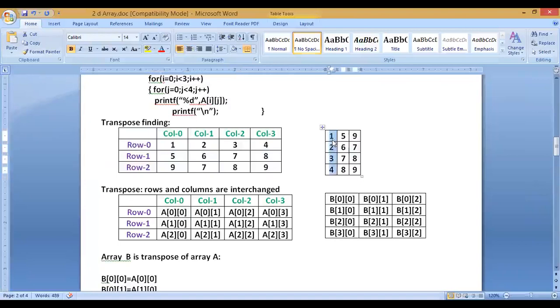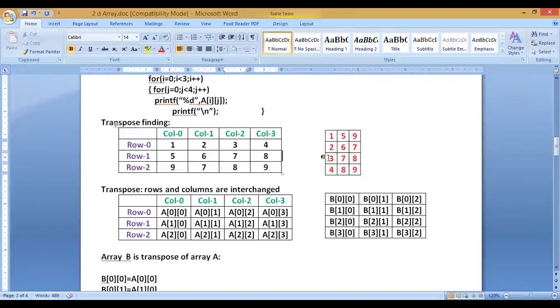This is the first column. The second row, 5, 6, 7, 8, has become the second column, 5, 6, 7, 8. And the third row, 9, 7, 8, 9, has become the third column. So this is the transpose. I made it red.